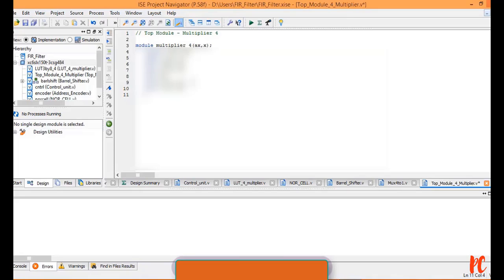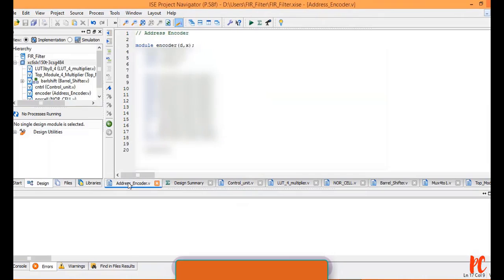Finally, now I am going to instantiate the address encoder. Where is my address encoder? Here. Address encoder is here. And what is the module name I have given? The module name that I have used is address.